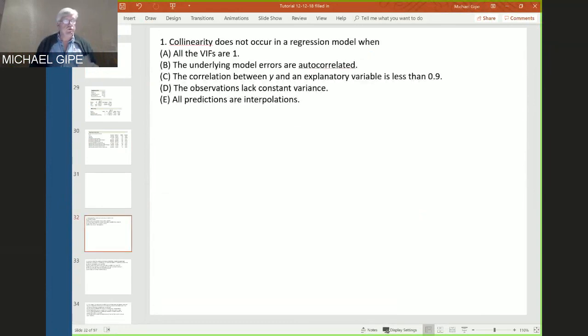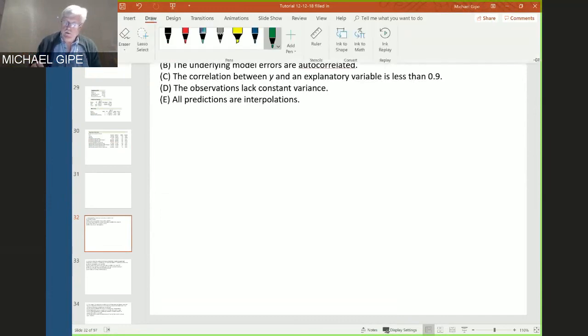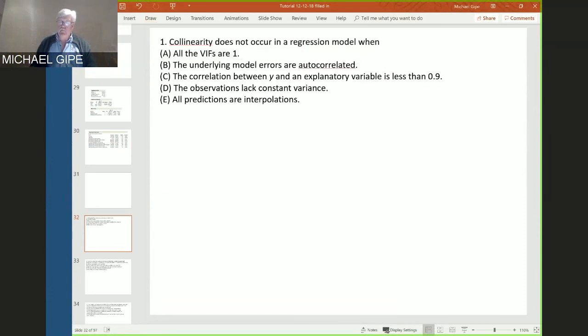Start with some easy ones, right? Very first question. Collinearity does not occur in a regression model when? How about all the VIFs are 1? So collinearity, of course, is when two or more